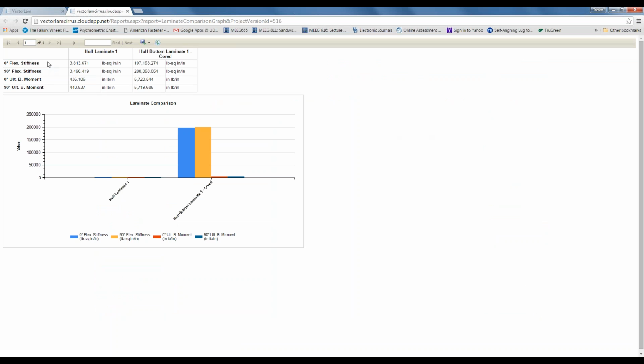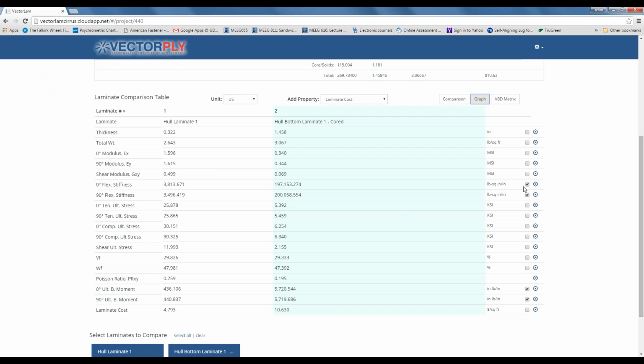So what we have here are the 4 properties that we have selected, the 2 laminates, and then graphically representing them. Obviously, the flexural stiffness of the cord laminate is much higher than the others, so you don't get a whole lot of information for the bending moment. So what we can do is we can go back, take these two off if we want. And let's just say we wanted to put in ultimate tensile stress, just for comparison. We hit graph,